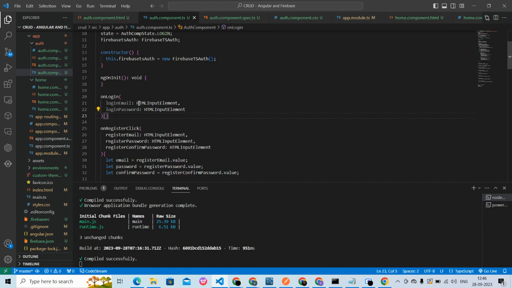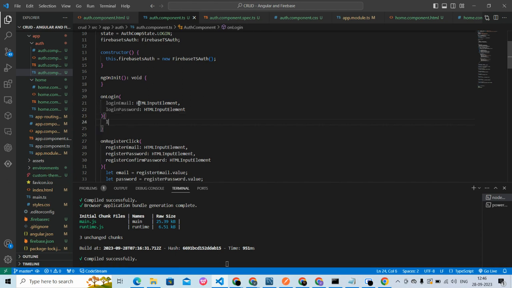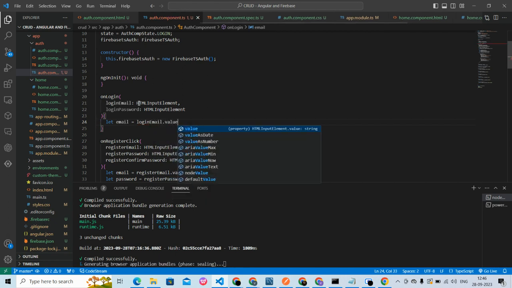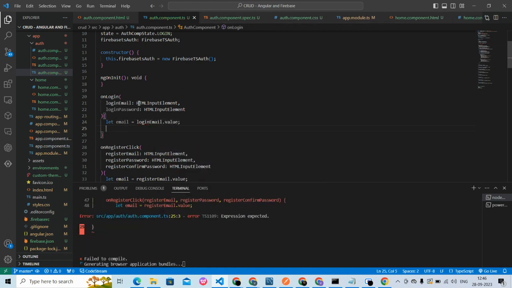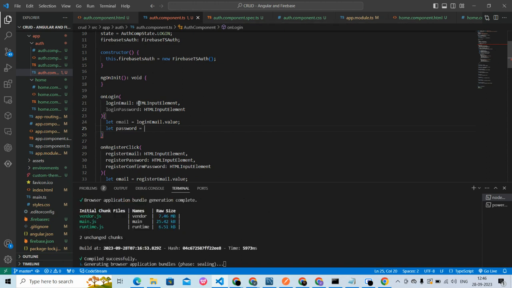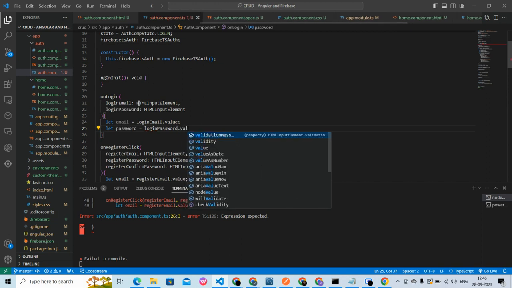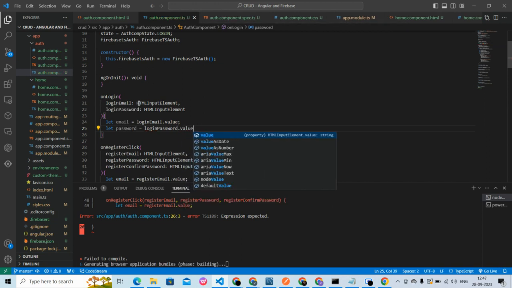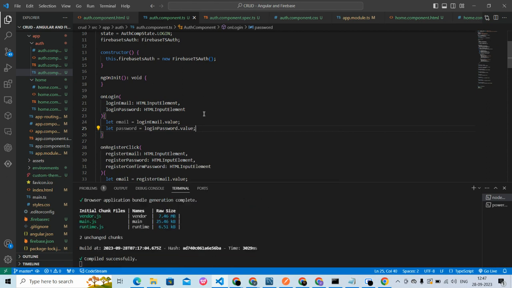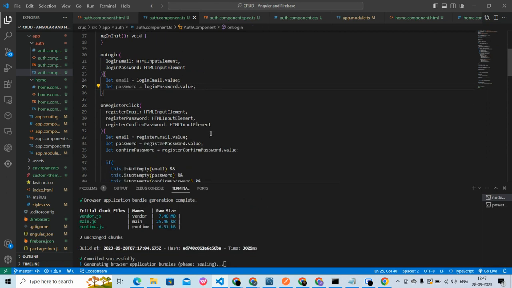So then inside my flower bracket, what I'll do is I'll just equate those two, the old email with the new email which I've given, email dot value. And then again, let password, the new password value. Okay, if you have seen my last video, that is the registration video, you'll find it